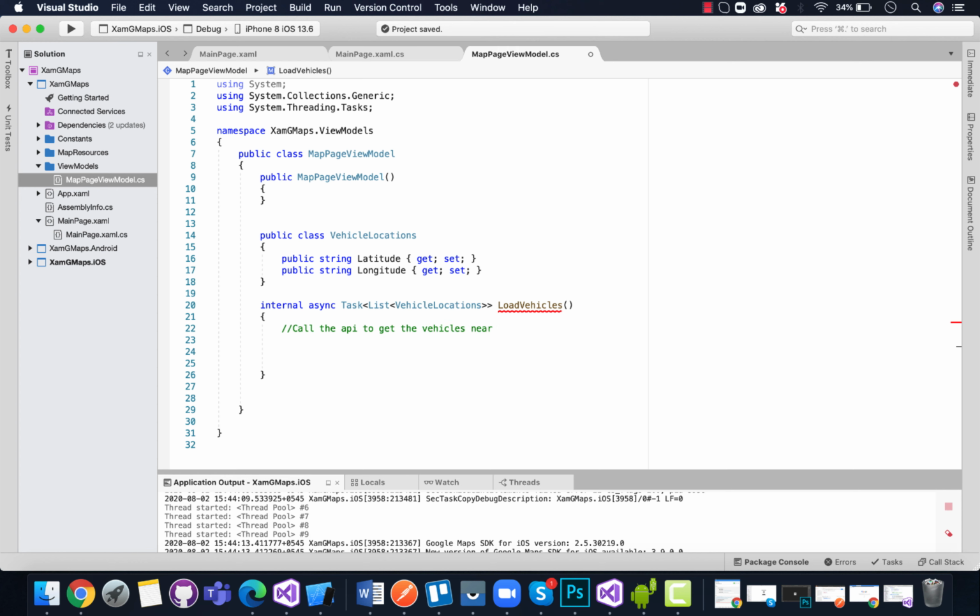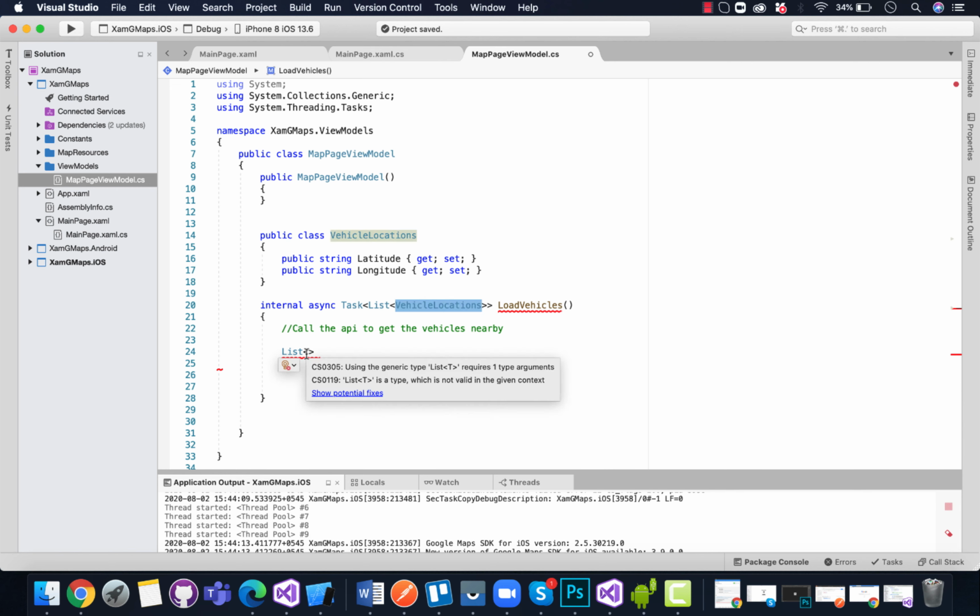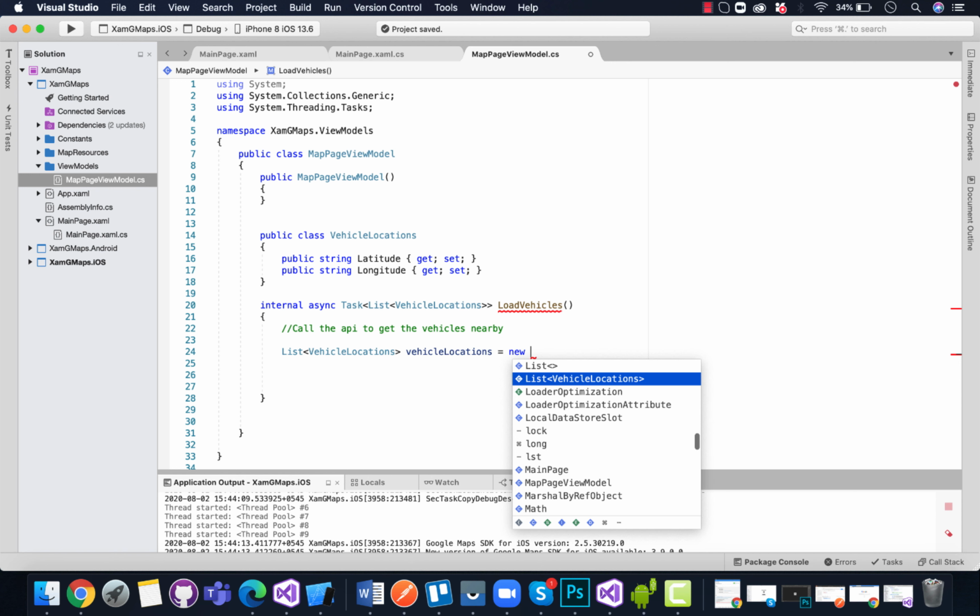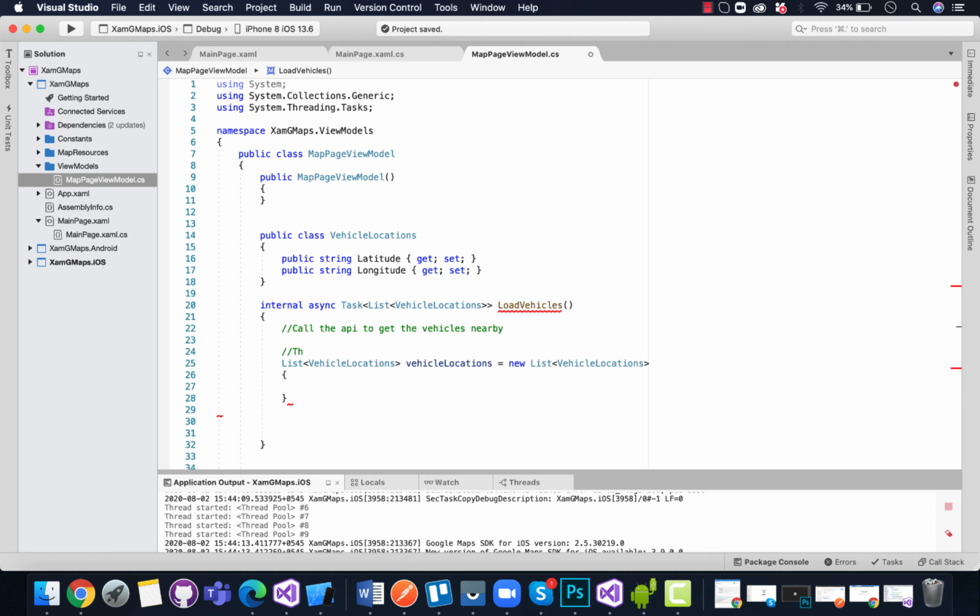So there are two ways in order to load the vehicles that are nearby. Either call the API to get the list, or else create a static list of latitude and longitude of the vehicles that are in our surrounding. So I'm using the static way, but you can use an API in order to call the list of vehicle locations that are nearby to the user.